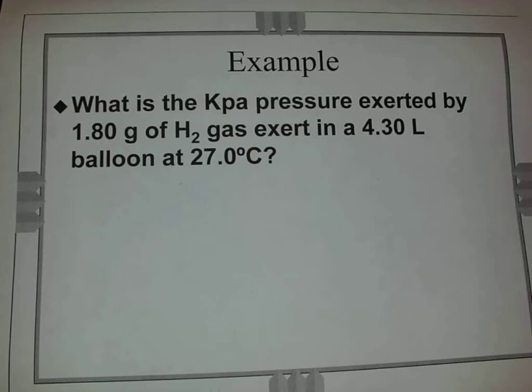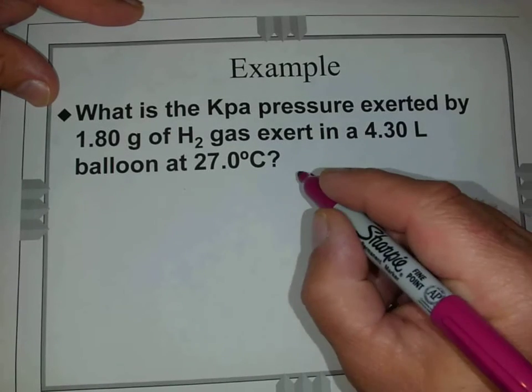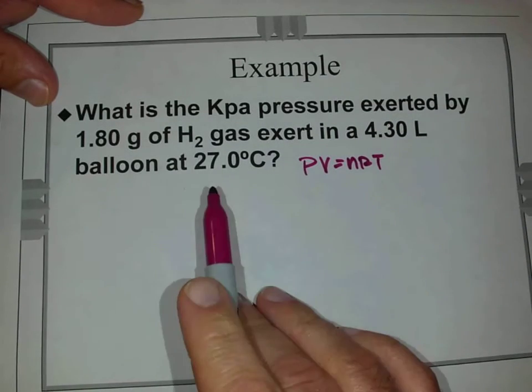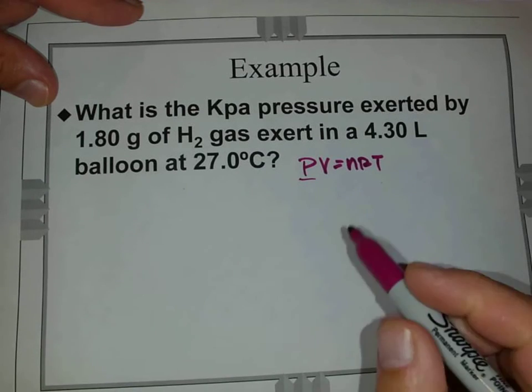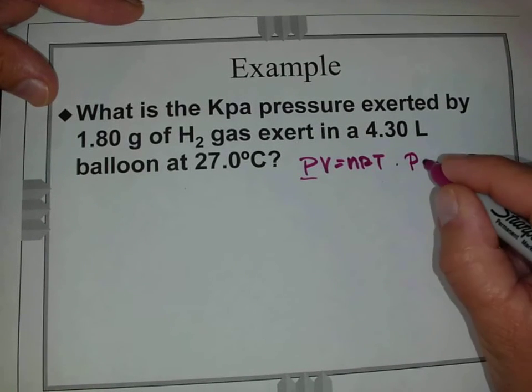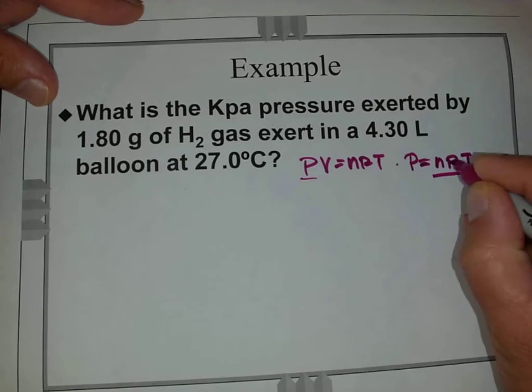In a 4.3 liter balloon at 27 degrees Celsius. All right, so right off the bat, I want to write my PV equals nRT. In this case, we are solving for pressure. So pressure, dividing both sides by V, I think you figured that out by now. P equals nRT